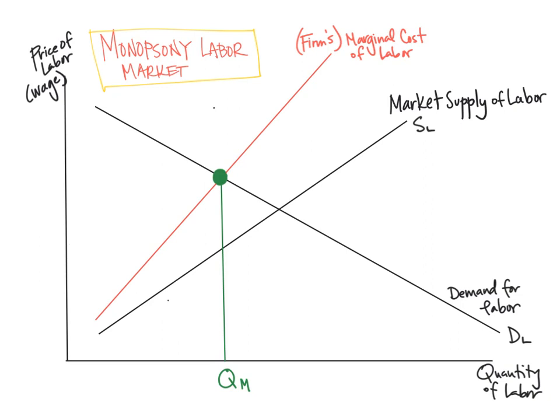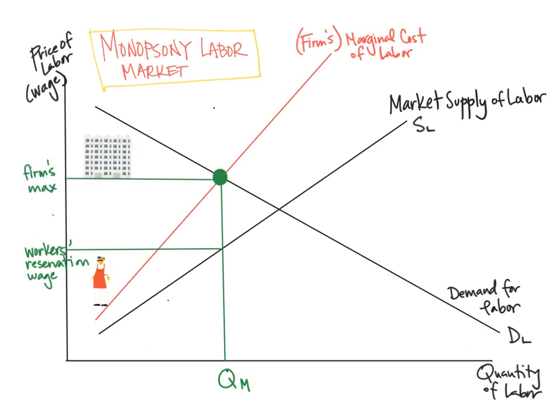Okay, we still have not answered the question, what effect does this have on wages? To answer that question, ask yourself, how much are workers willing to accept? There's actually a curve on here that shows us what workers are willing to accept to work at different quantities of labor. What's the minimum wage they would accept? Your supply of labor curve. So for this quantity of labor, workers are willing to accept as low as this wage. Would they like more? Sure, but they'd be willing to work for this wage or more.